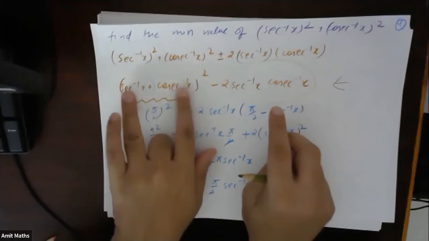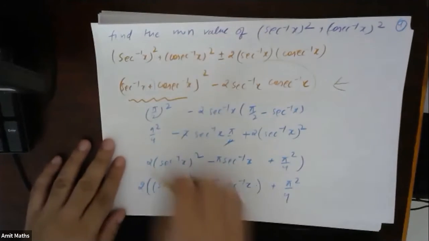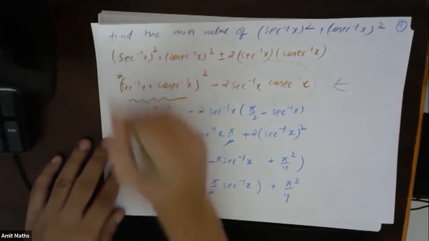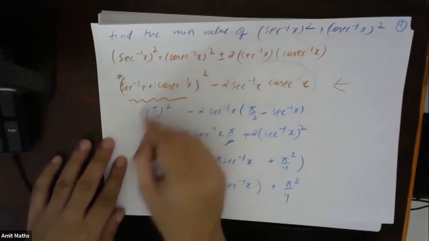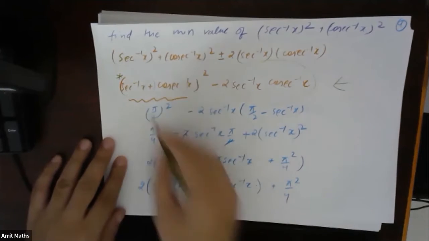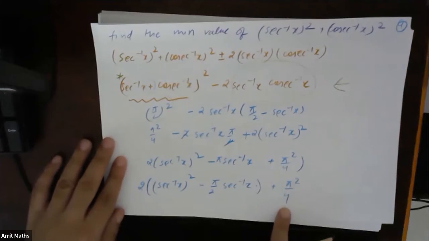So this is a constant we know. So we have written this is constant. We have taken care of this, and this is not a problem for us. This is not a problem for us because we have now this thing as pi square by 4 everywhere. Pi square by 4, pi square by 4, right?